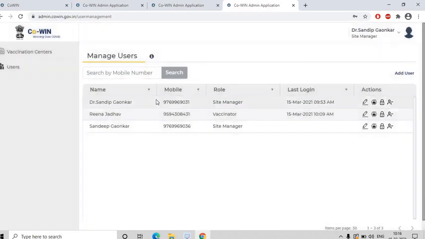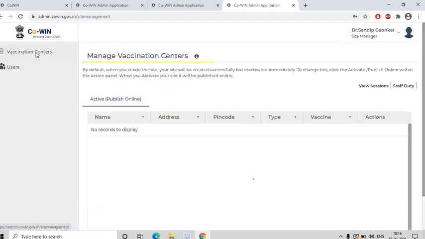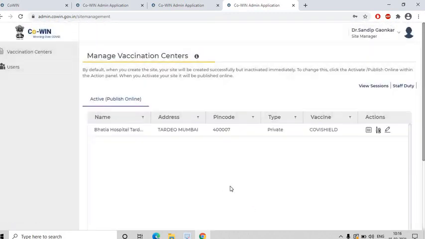The user will come here as a vaccinator, and the vaccinator will get a login ID and password on his or her mobile.